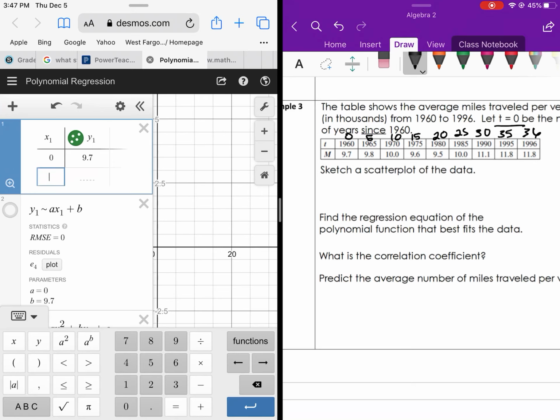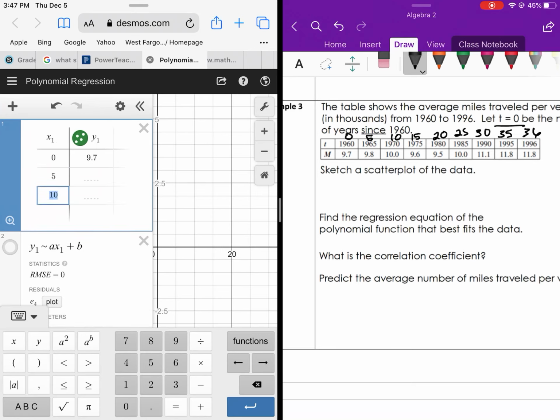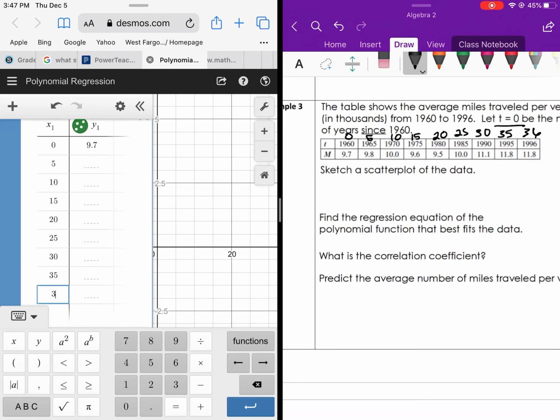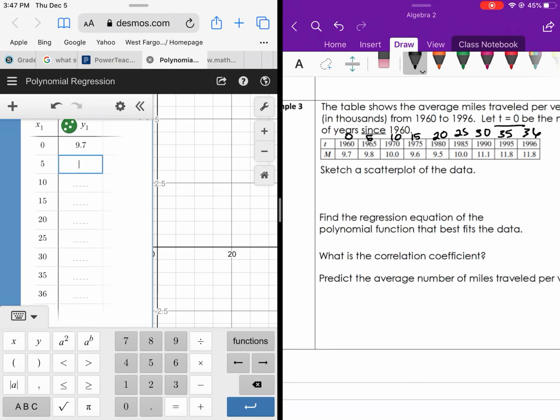On my X's, I'm going to go 0 all the way up to, and the last one should be 36, not 40. Then 9.7, 9.8, 10, 9.6, 9.5, 10, 11.1,